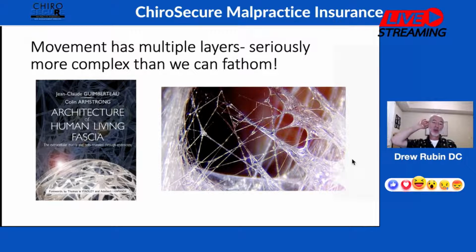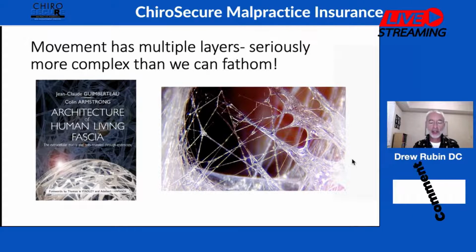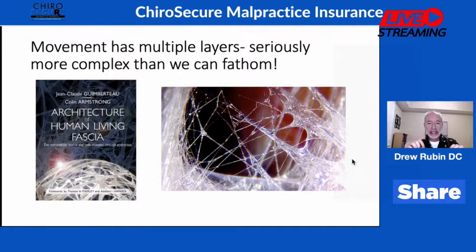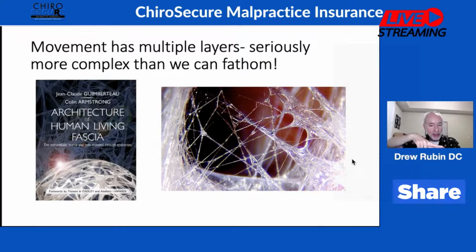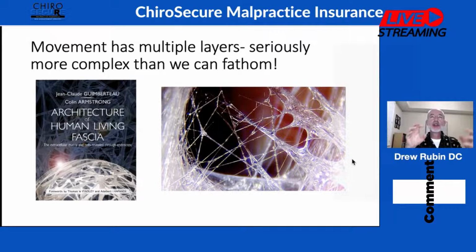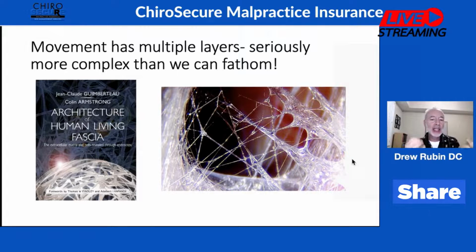Fascia. Maybe take a look at something called Strolling Under the Skin that Jean-Claude Guimberteau did 20, 30 years ago. He's a surgeon in Europe, and what he did is he took a probe, with people's permission, and went underneath the skin to see what was really happening. And our fascia is actually a living thing,